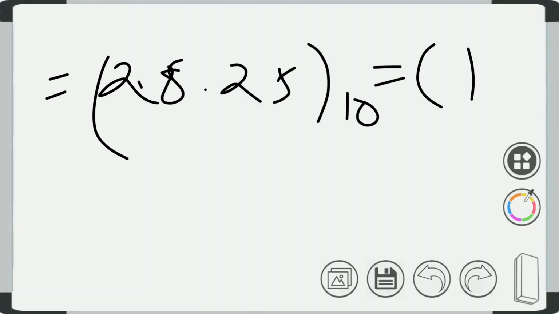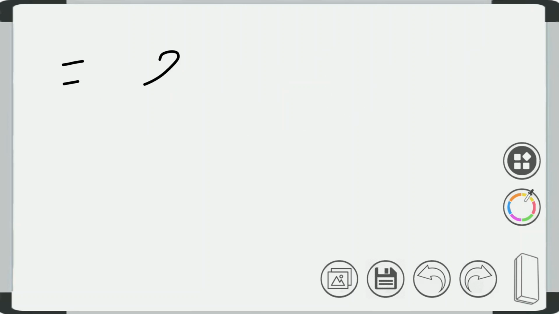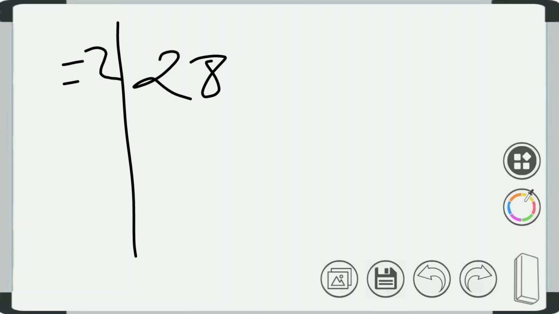That is, first the integer part will be converted into its equivalent binary form. After that the fractional part will be converted into its equivalent binary form. So let's make the integer part into its equivalent binary form. To make the integer part into its equivalent binary form, we have to divide the number by 2.